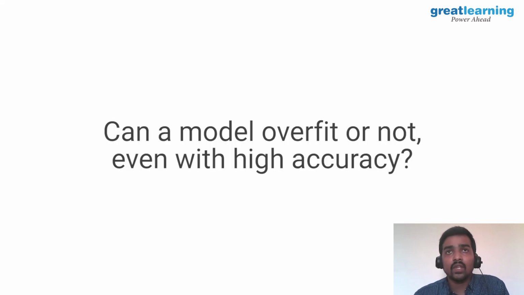We can say a model is overfitting if the training accuracy is very low and the test accuracy is way higher. But if you calculate the training accuracy and test accuracy here, they are almost the same, and the confusion matrix also has appealing values for both the train and test sets.